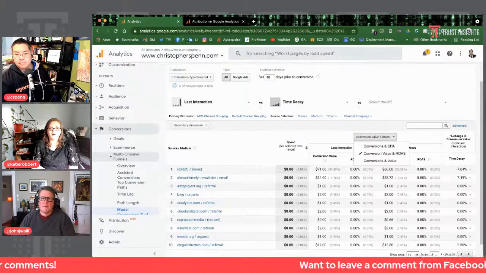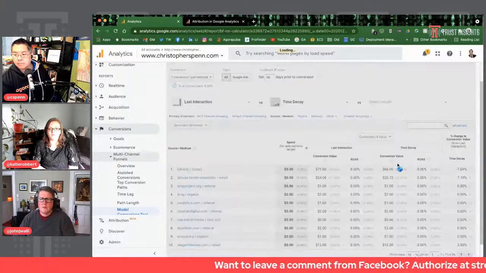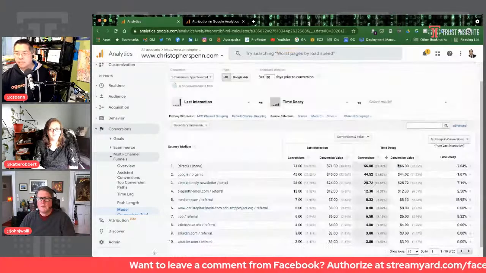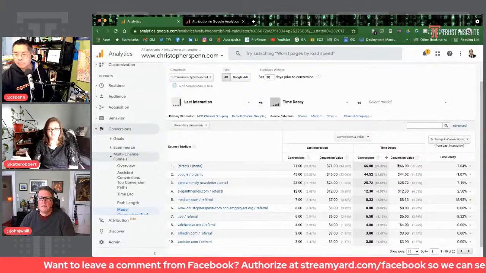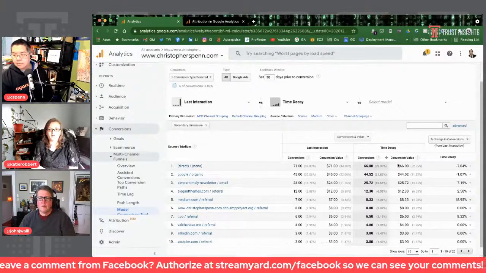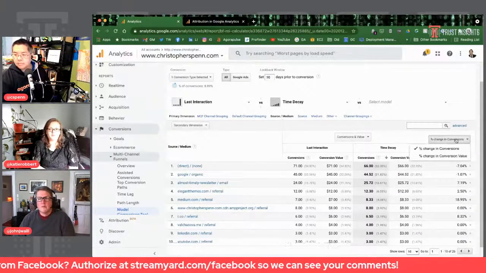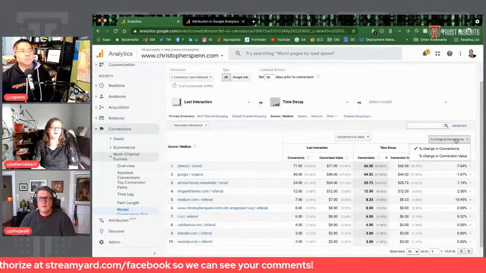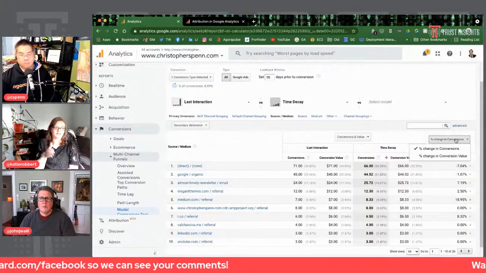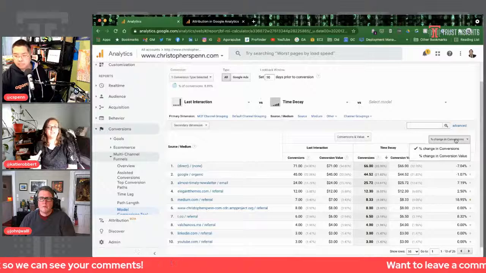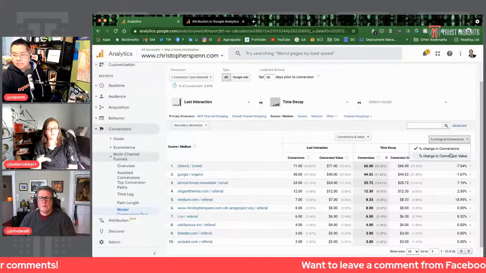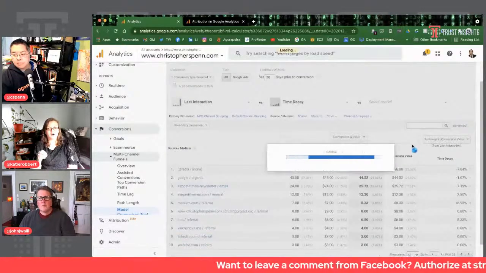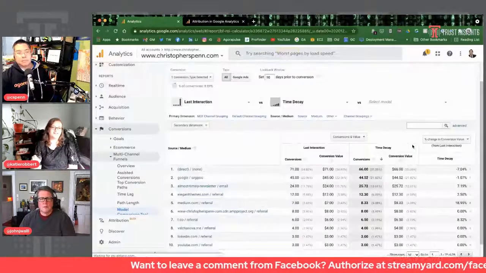So if you switch back over to conversion and value, then next to that, to the right of that, you have another drop down, which right now is percent change in conversion. You could also look at it as percent change in conversion value. And to be clear, these values that Chris is seeing, these dollar amounts, are based on the value that he has assigned